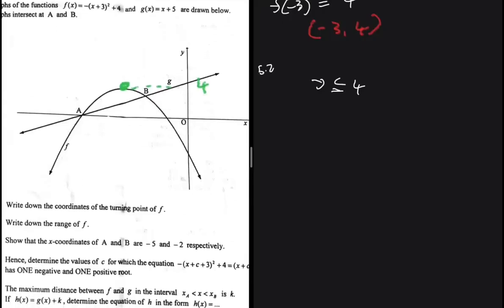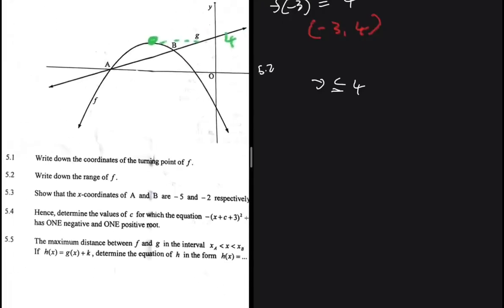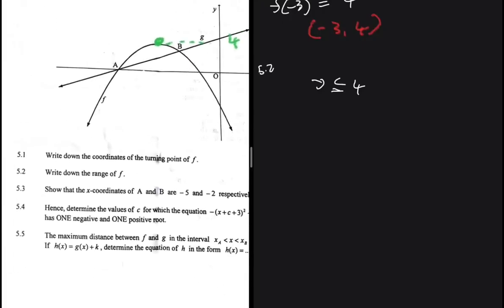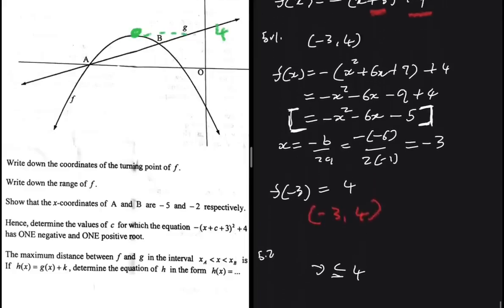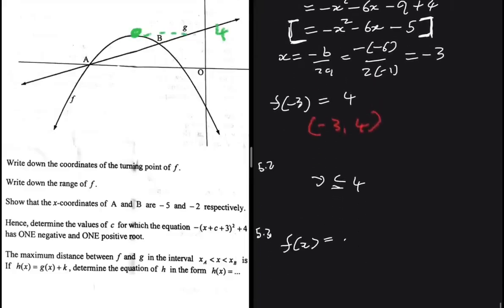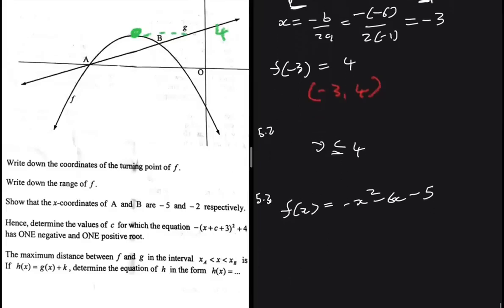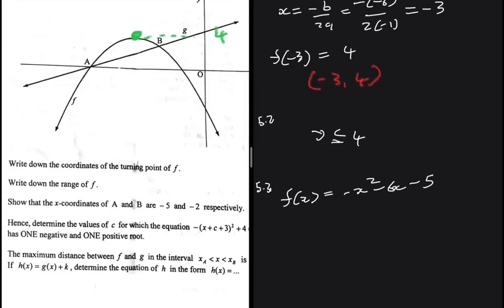All right, so that is the range of our function f. And then 5.3, this is where things start to get interesting. Show that the x coordinates of a and b are minus 5 and 2. So we say that f of x is equal to, so we have our function here, minus x squared minus 6x minus 5, right? So if we want to find the x coordinate of a and b, what we have